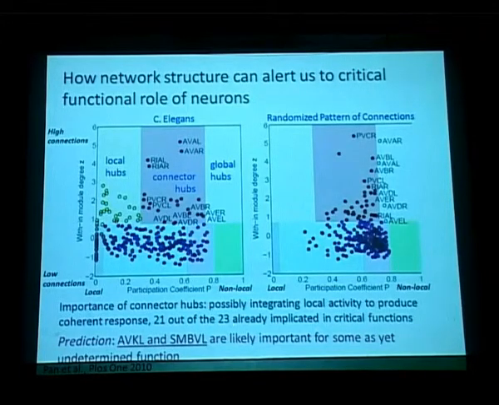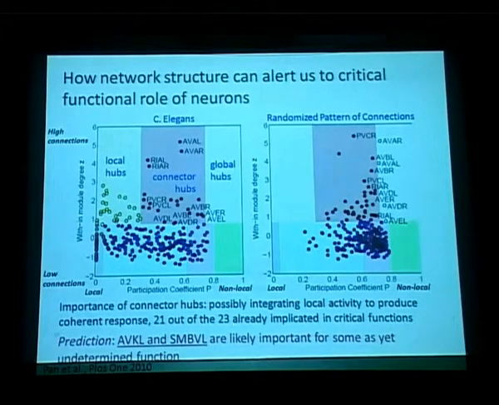Again, this is undetermined as far as experiments are concerned, but from our work we think that given their position, these are neurons which are likely to be of importance. So given that from structural analysis of the neuronal network we could identify these functionally important neurons,